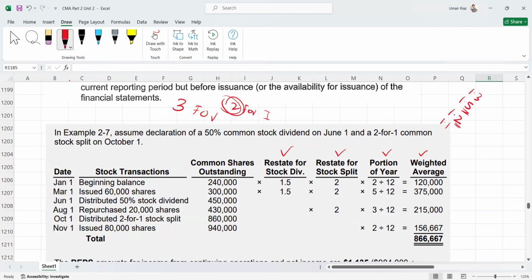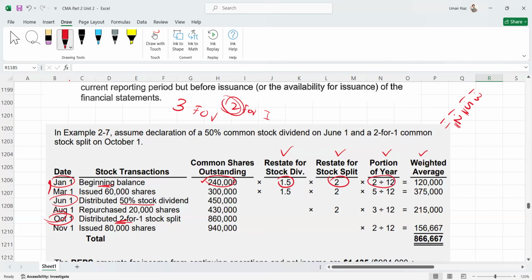First of all, on January 1, we have a beginning balance of 240,000 shares. Now please remember, on this transaction the stock dividend will also be applied, because the stock dividend happened on June 1. It will be applied to existing shareholders. And the stock split will also be applied, because the stock split happened on October 1. So it will be applied to existing shareholders. That is why we will multiply this 240,000 by 1.5, which is the stock dividend factor, and 2, which is the stock split factor, and then